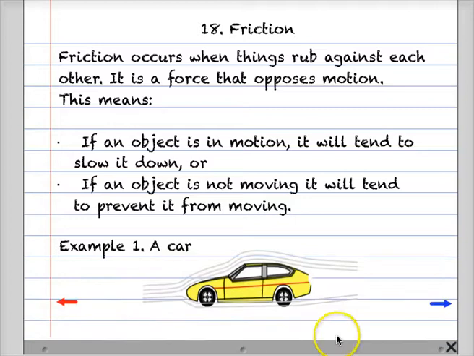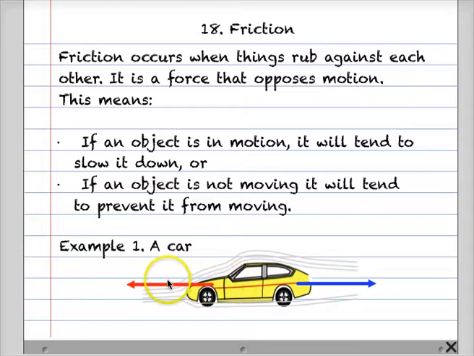Let's take a look at this example here. There's a car driving along and the engine is pushing the car along, and this red arrow represents the force from the engine. Now we can see the airflow over the car, and that airflow is a kind of friction, and that friction is attempting to slow the car down. I'm going to draw that as a blue arrow pointing in the other direction. This arrow represents the air resistance, or the friction,